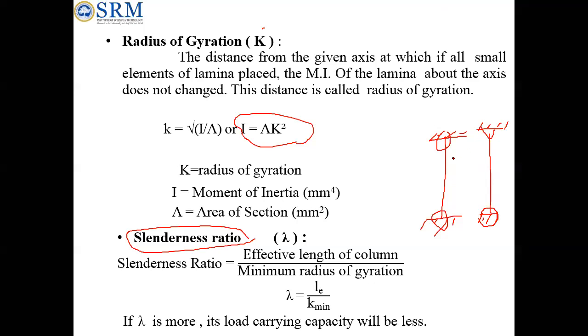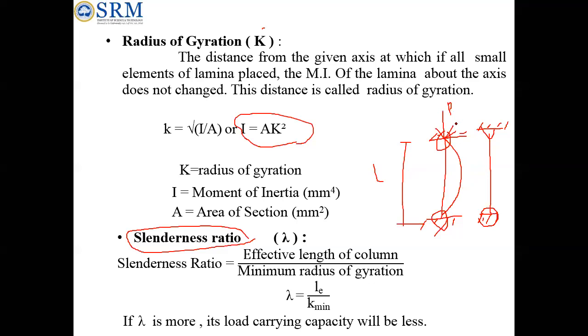So depending upon the type of constraint, I can have one end free, or both ends hinged, or both ends fixed. Depending upon that, my effective length will vary, whereas the length of the column, L, is the total length of the column. Like I said, a column will fail due to buckling. When you apply an axial load there will be a compression, and like I said, a short column will fail only due to compression or crushing.